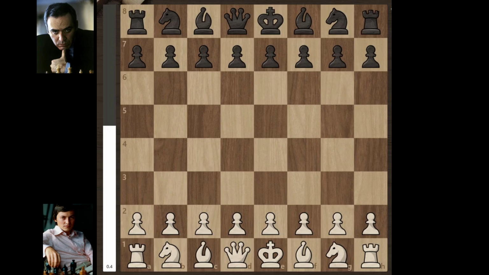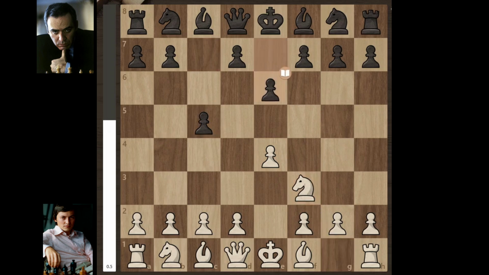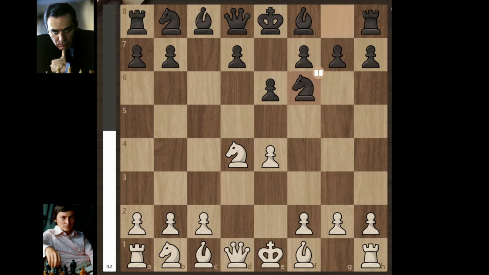Anatoly Karpov, starting with the white pieces, goes for 1 e4, king's pawn opening, and Garry Kasparov replies with c5, Sicilian defense. Knight to f3, e6, Sicilian defense French variation, d4, c takes on d4, knight takes on d4, and knight to f6. Knight to c3, d6,